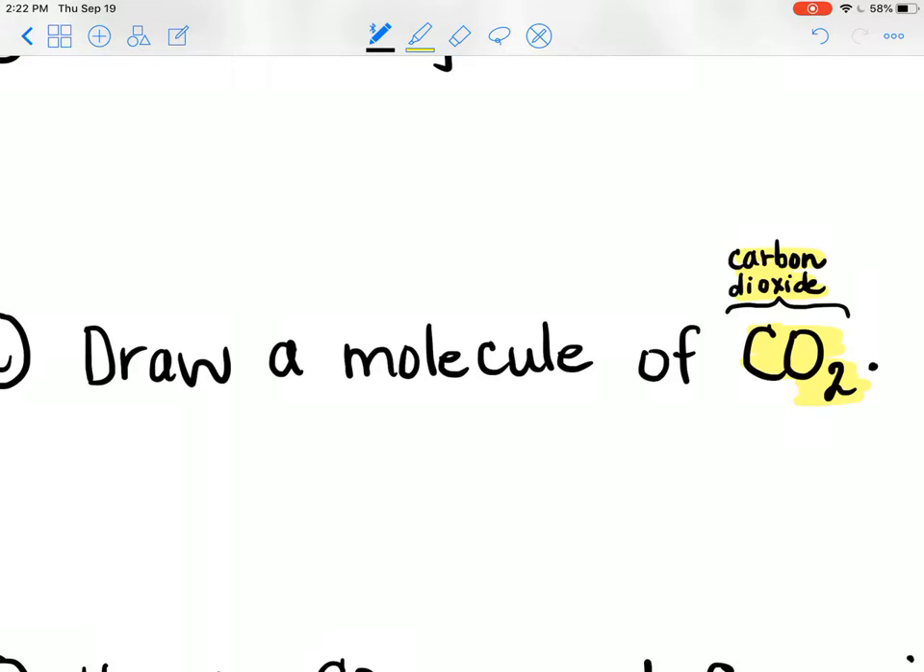So here's what I need to do. I need a molecule that has carbon and oxygen. And I know from many years of doing this that carbon is a little bit smaller than oxygen if you're talking about an atom. So I'm going to draw 2 different sizes of atoms, and I'm going to make this one be C for carbon and this one be O for oxygen. So we have 1 atom of carbon, we have 1 atom of oxygen,